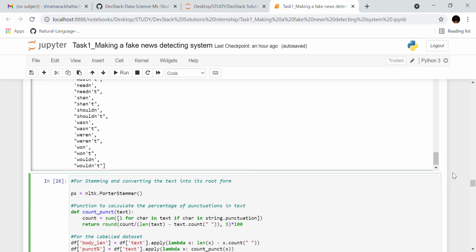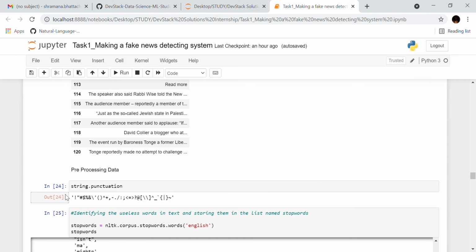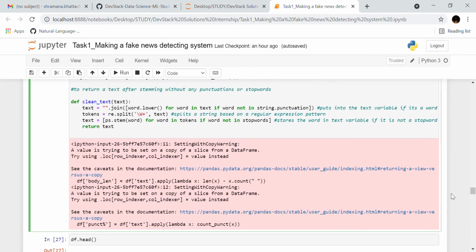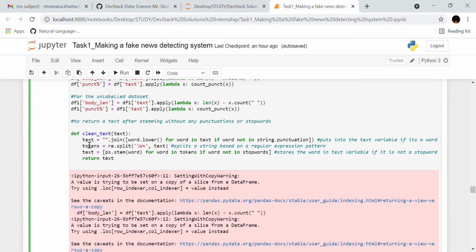We are using string.punctuation, which stores all the punctuation that is possible in a text. The text variable stores a character only if it is an actual word and not a punctuation mark. Tokens will then split the text or string based on a regular expression pattern, mainly space.